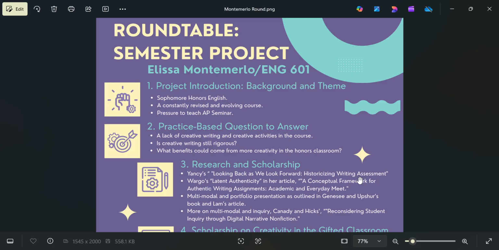I do think there is a notion that creative writing in the honors or gifted classroom is not rigorous, and I'm not sure where that idea came from. Even my students have been known to groan when I introduce an assignment that taps into their creativity. Maybe I've been interpreting those moans incorrectly. Perhaps my students groan because they know it will require a different set of skills they'll need to tap into, which can be very challenging, especially if they're used to relying on a set skill set.